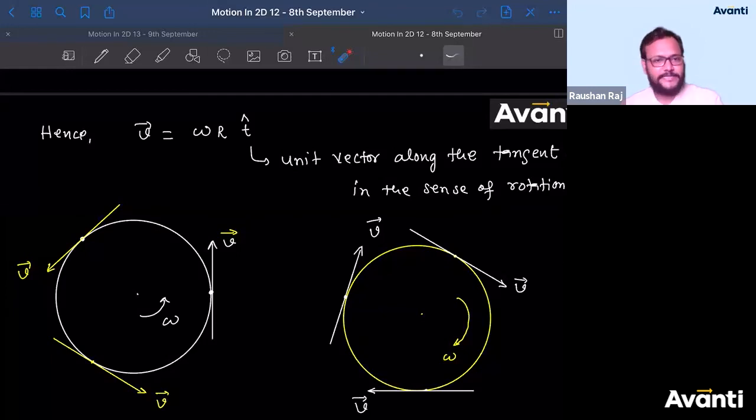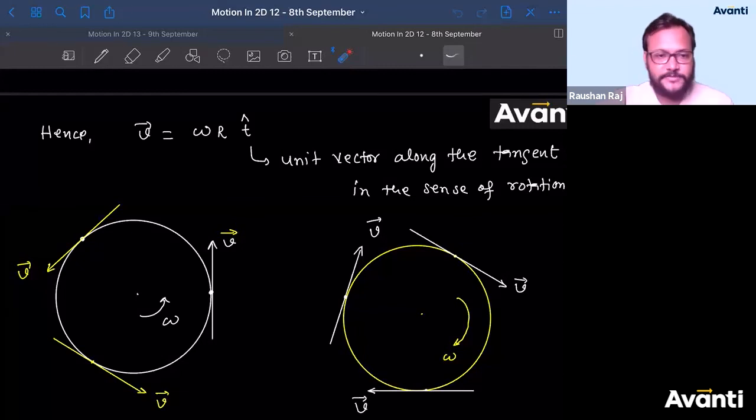Take your time, analyze the question, and think over it. Why do I need to use this formula here? Use the reverse mechanism. What is the question asked? What are the parameters I know? What are the relations between those parameters? And then go back to the question. Okay, this was the question. These are the formulas, these are the parameters I need in them. In this question, these values have been given. So that is why I have to use this formula only. In this way, you have to solve a question. So use the reverse mechanism.